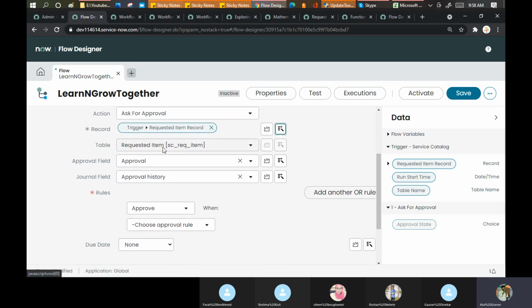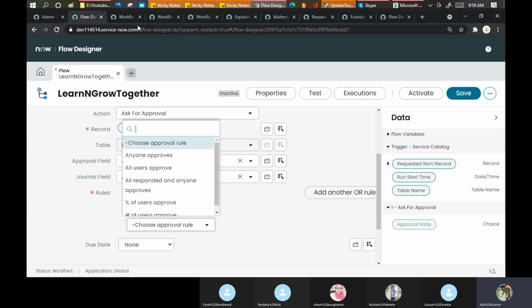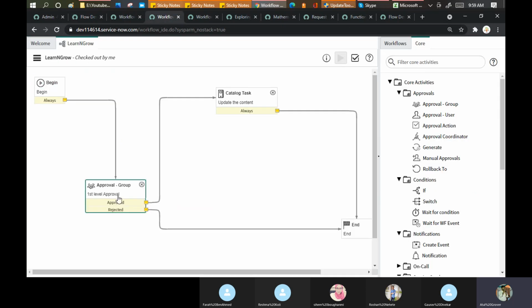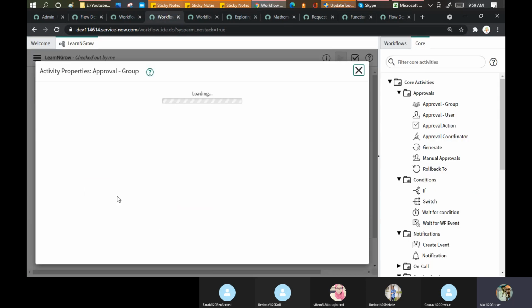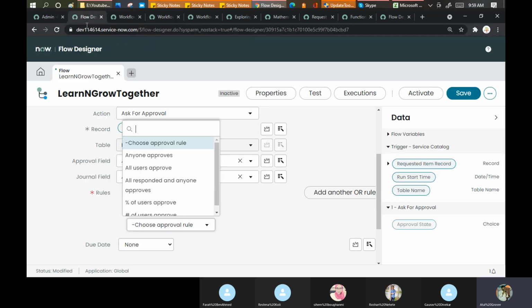Okay. Now it goes for the approval. On this table, yes, definitely. To whom do you want to send the approval? Choose approval rule. The options which we see here: approved by one, two, all, or many. The same option we get here.